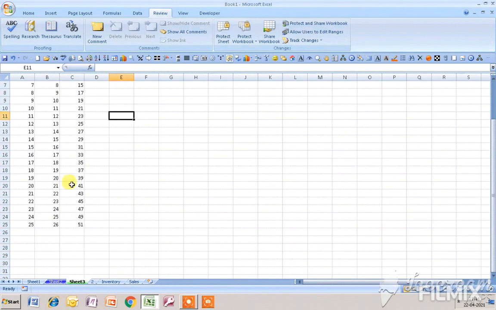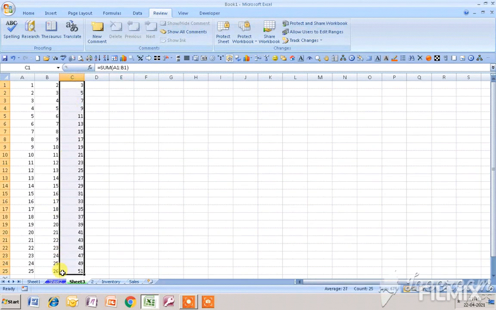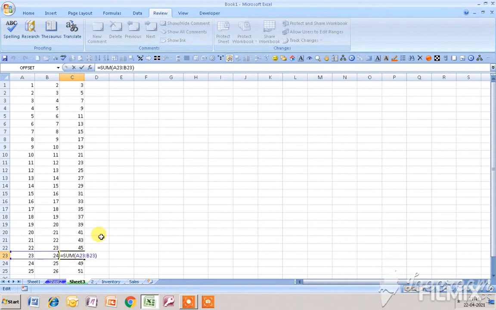Nothing other thing will remain the same. Only the formulas will be protected. I can change the values over here, but I can't change the formulas.